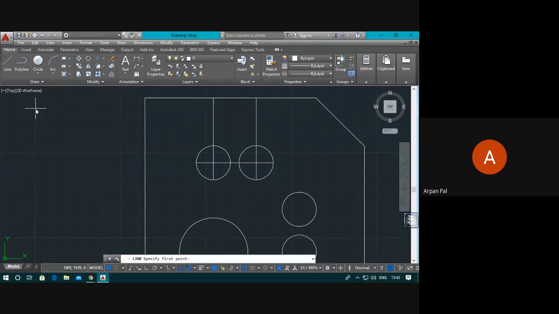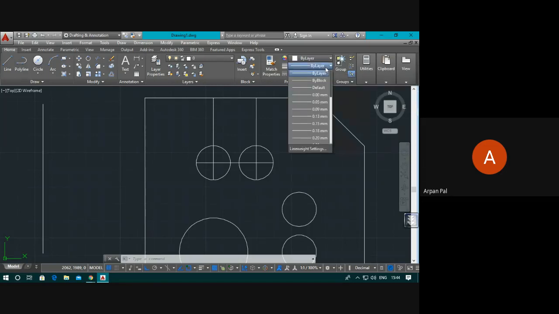Suppose this one is a line. Now see, here I shall not do anything. I have to do this, why I am doing this, you will understand later. I am making a big line like this. Okay. Now I need to go to these properties. Here I can change the line thickness. Here I can change the different types of lines.